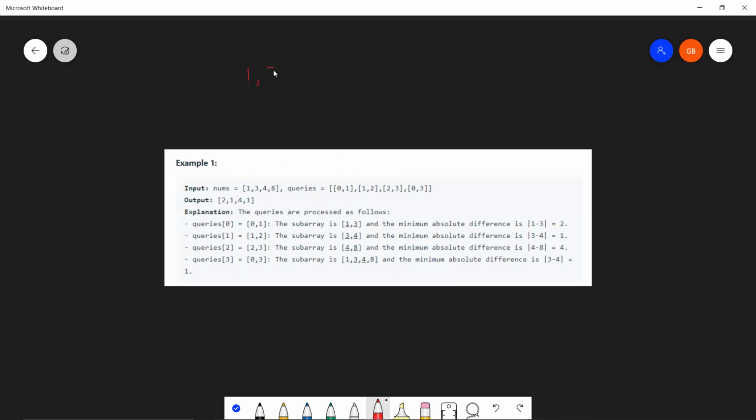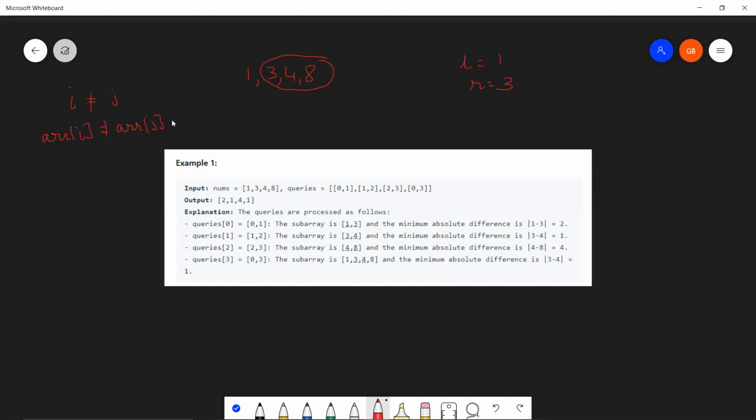So I'm going to write this 1, 3, 4, 8. Let's take our L to be 1 and R to be 3. So now we are going to consider this range over here. Inside this range, we are going to find all the possible absolute differences between these elements. So what do I mean by all the possible absolute differences? Now I need to consider two positions, two elements inside this array. Let me say that their indices are i and j, such that i is not equal to j and arr[i] is not equal to arr[j].